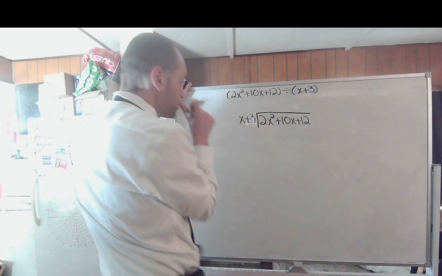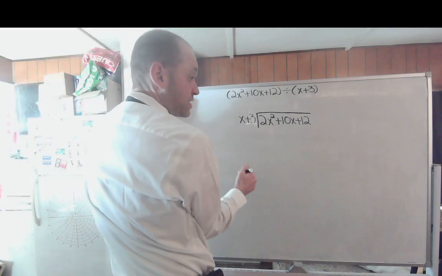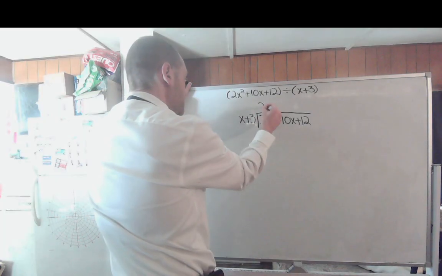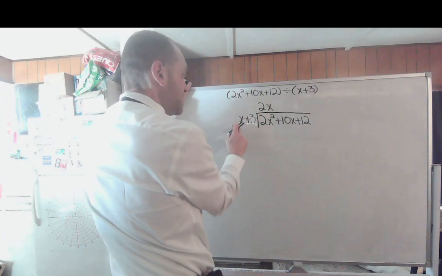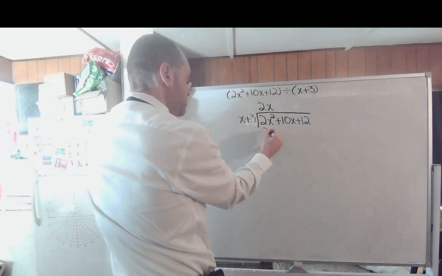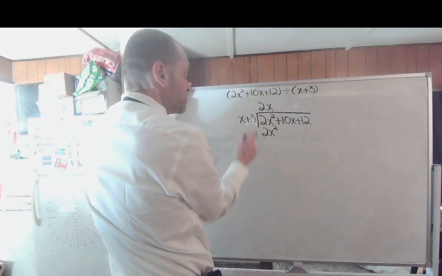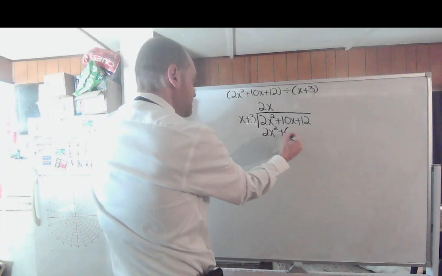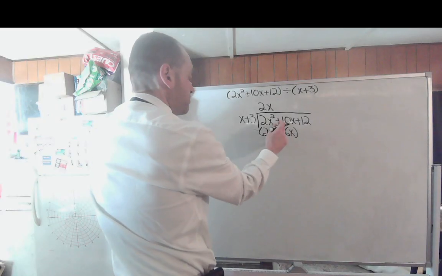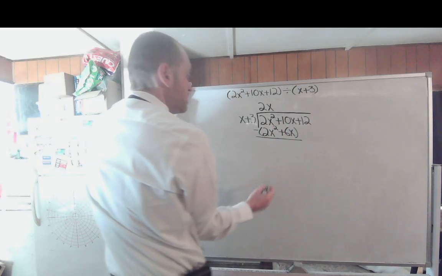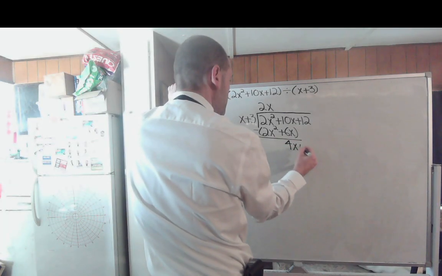And then, of course, now you figure out x times what equals 2x squared. Well, that, of course, would be 2x. And then you'll multiply 2x times x is going to end up being 2x squared. And then 2x times 3, that'd be plus 6x. So then you'll just subtract the row you just got from the dividend. So this would end up giving you 4x plus 12,